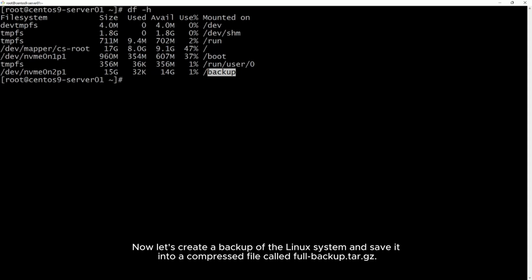Now let's create a backup of the Linux system and save it into a compressed file called full-backup.tar.gz. We will exclude some unnecessary directories from the backup using the following command.